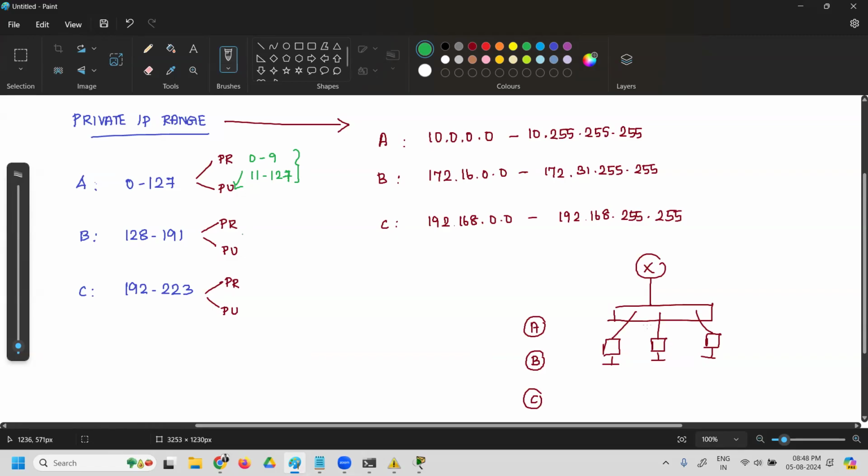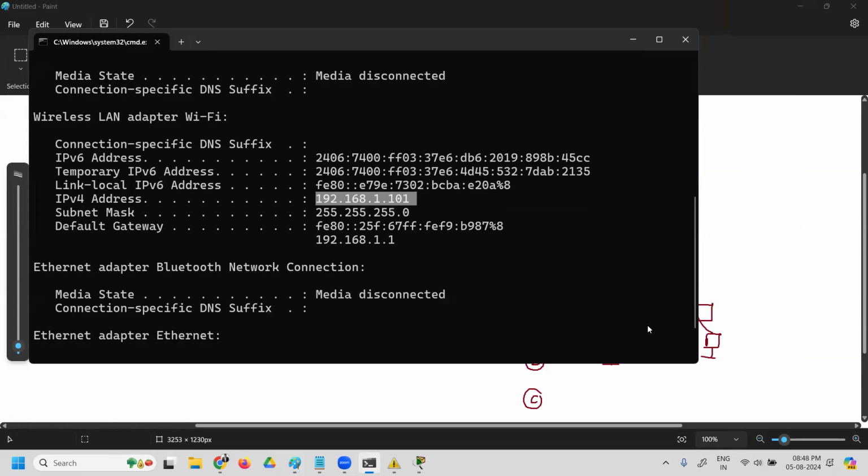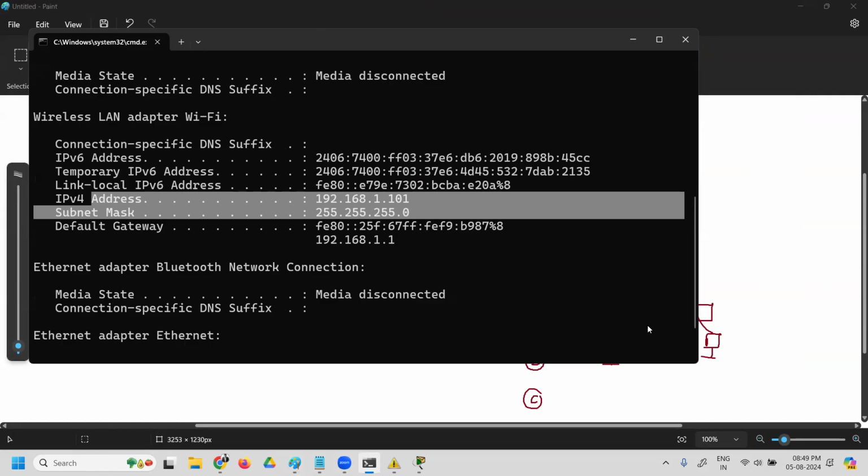And again, here 128, apart from this range, the 172.16 range, the other IPs come under public IP. So that is why for our computers, we have IPs in the 192.168 series. And below, see the subnet mask for our computer. I said for class C, it's 3 network and 1 host, right? So that is the subnet mask which is assigned here. So IP and subnet mask are always together. They always come together.